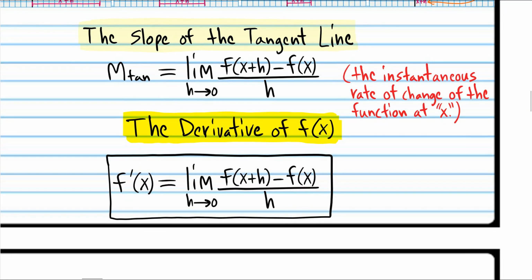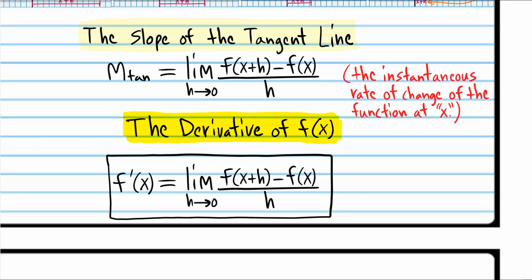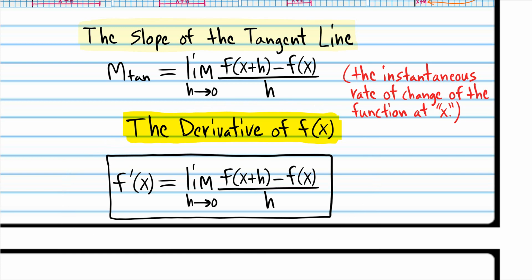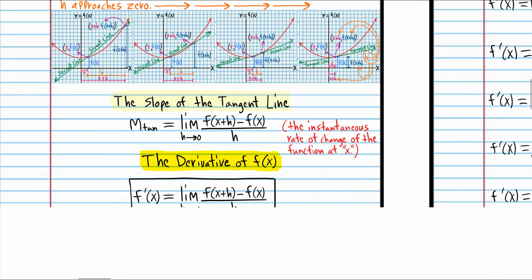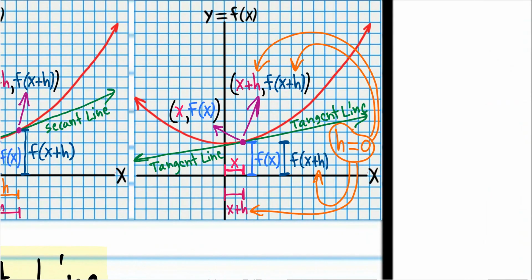So this formula is what we define to be the instantaneous rate of change of the function at a particular point. It's the slope of the tangent line, if you want to think of it in geometric terms. Now, this formula is the most important formula in the entire calculus curriculum. The entire curriculum is based on this formula. So we're going to take a picture of that, but before we move on and actually start the class, I just want you to know that